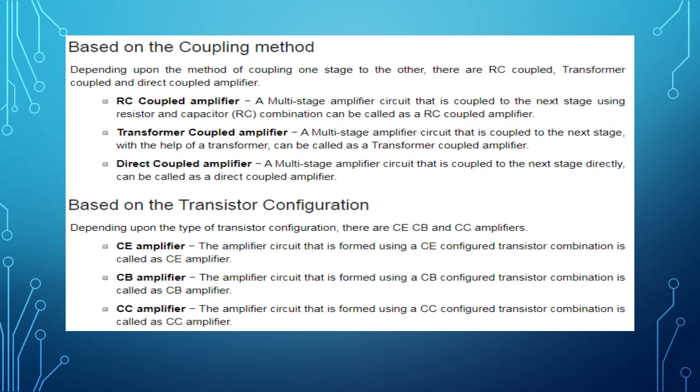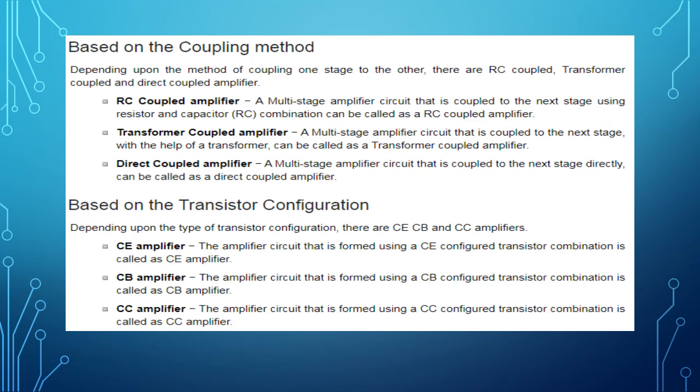Depending upon the type of the transistor configuration, there are three types of amplifiers: common emitter, common base, and common collector amplifier. By its name itself, you can understand what type of configuration is used in that amplifier. In a CE amplifier, a common emitter configuration transistor is used,